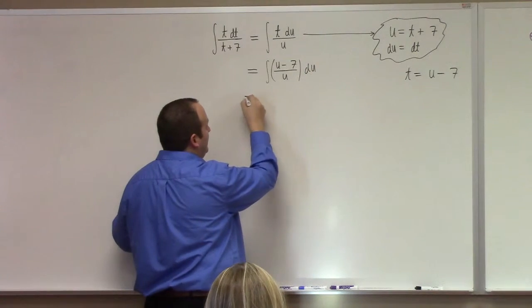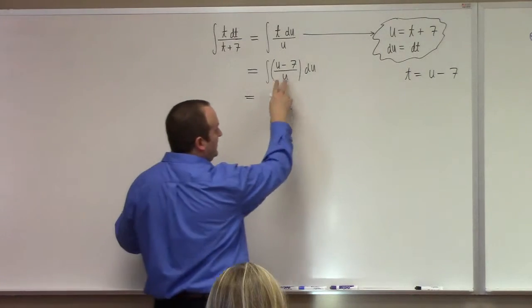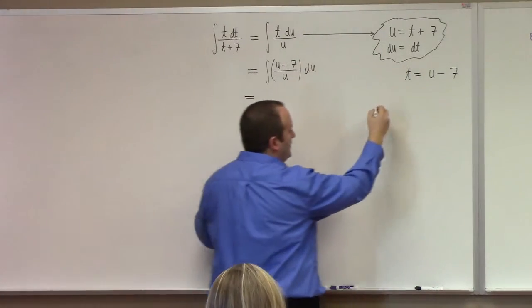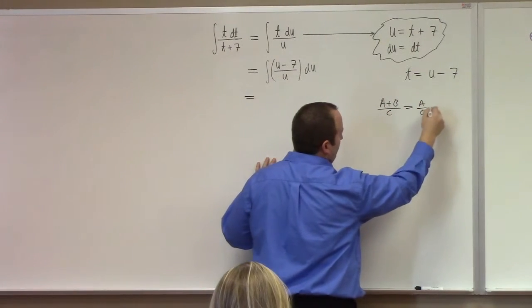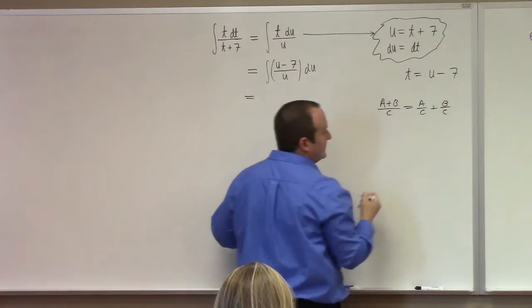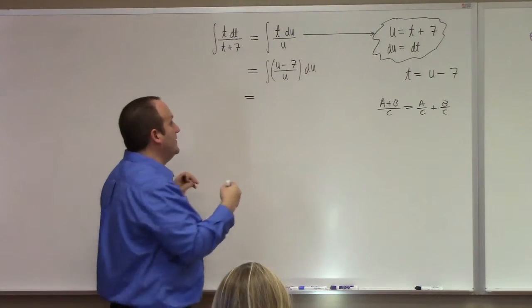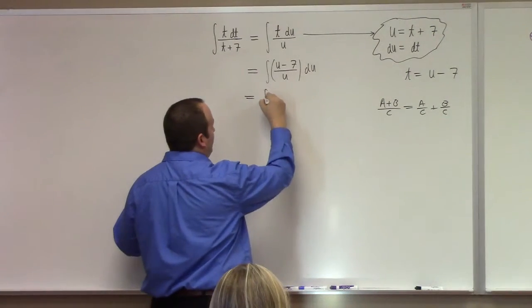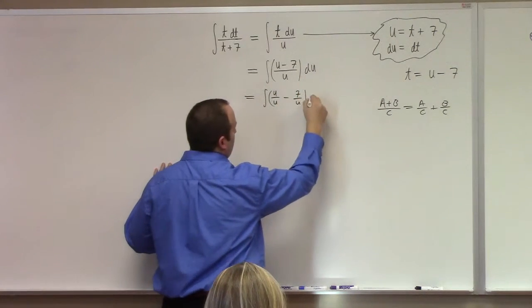All right, now algebra. When we have a difference of things with a common denominator, the denominator is the same on both terms, right? So I do have this law of algebra: a plus b over c is equal to a over c plus b over c. It does work that way. The thing you can't do is when the addition's in the denominator, you can't break it up.